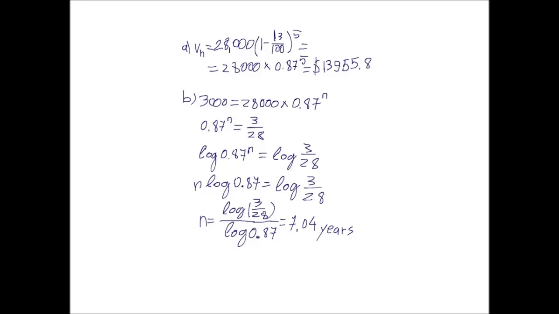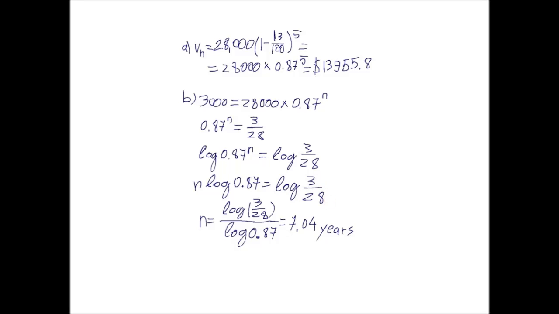Now we can take the log of each side, because if these two sides of the equation are equal, the logarithm of these two factors should also be equal. And we have log of 0.87 to the power of n is equal to log of 3 over 28. But as we know, this exponent, we can take it to the front of the logarithm. And log of 0.87 to the power of n becomes n log of 0.87, and that is equal to log